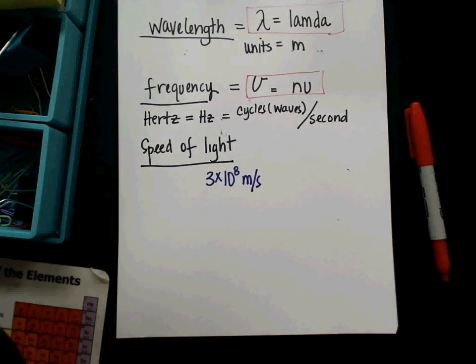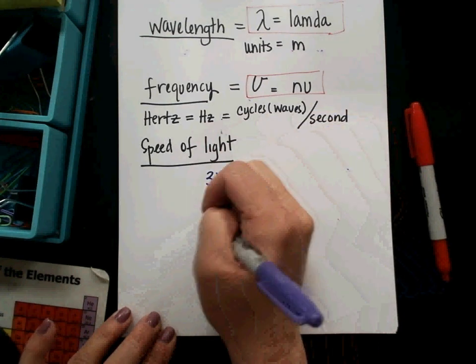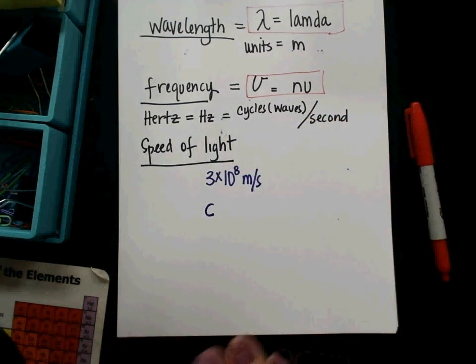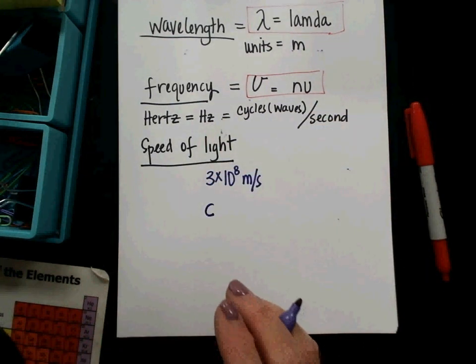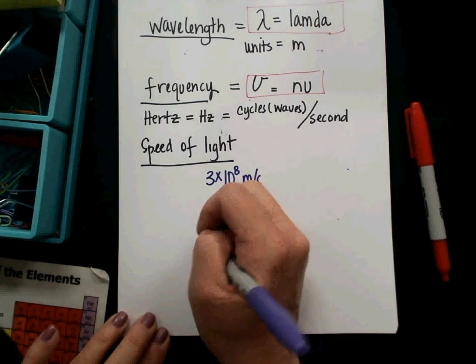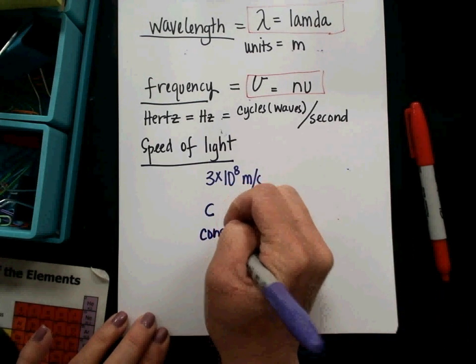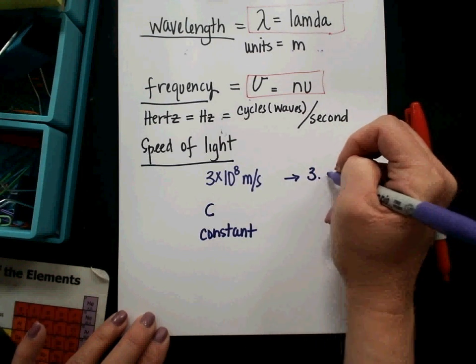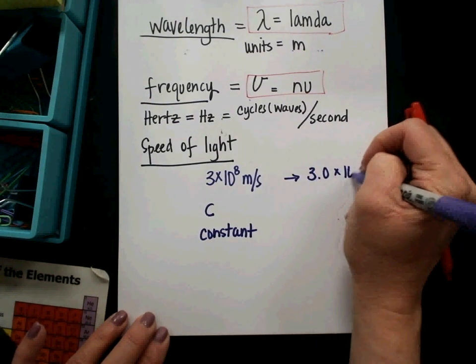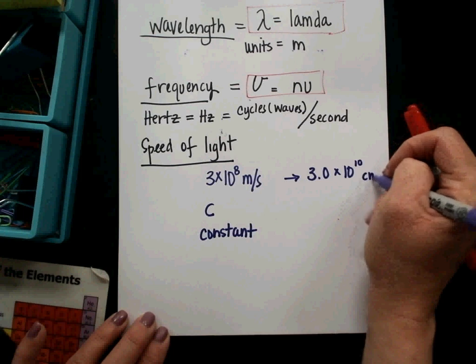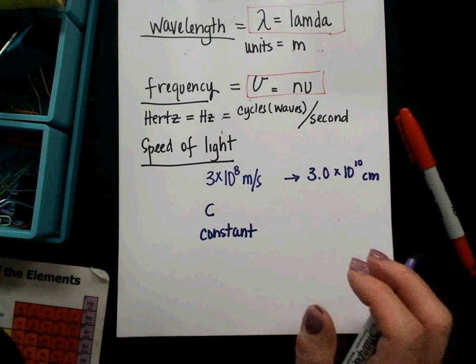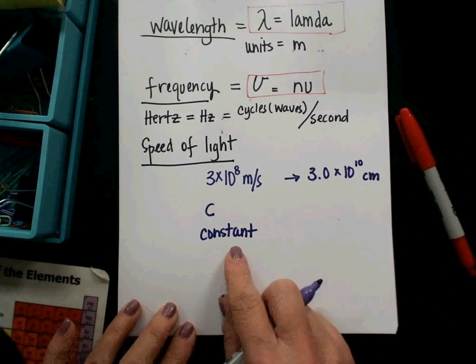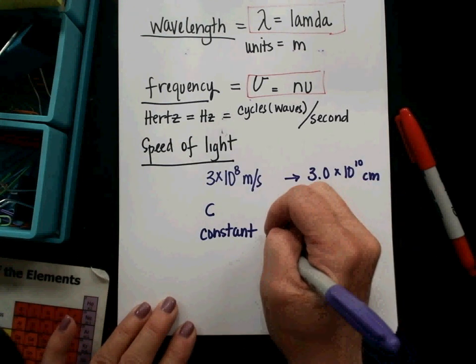What's the variable for it, Connor? Do you know that? No. Okay, so the variable for it is c. It's not a Greek letter. It's c for constant. The speed of light never changes. It's a constant. If I were to write it in centimeters, it would be 3.0 times 10 to the 10 centimeters. You just move it like you do when we're doing other conversions. So this is a constant